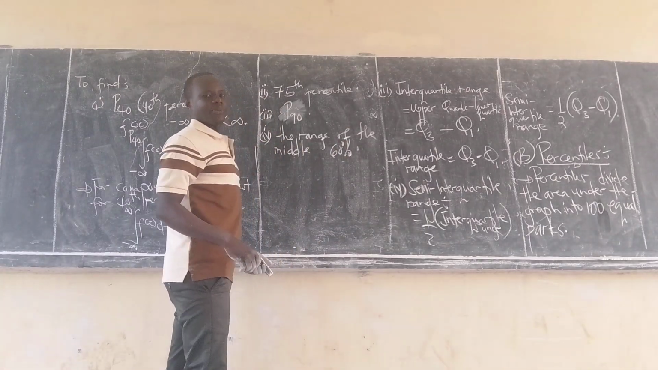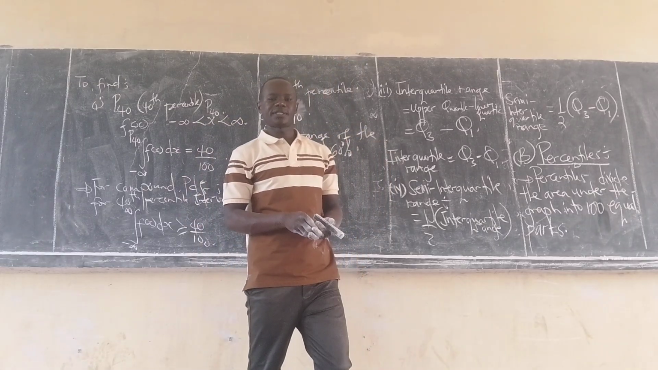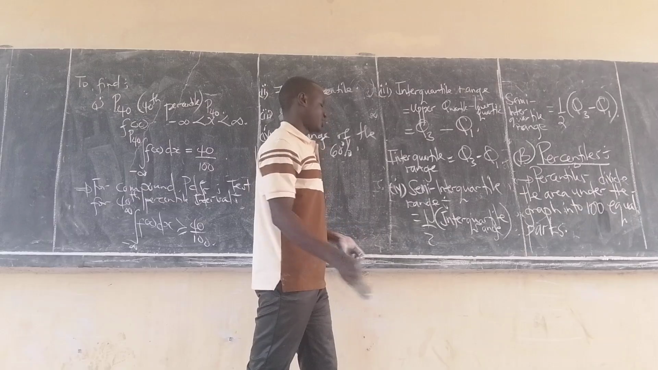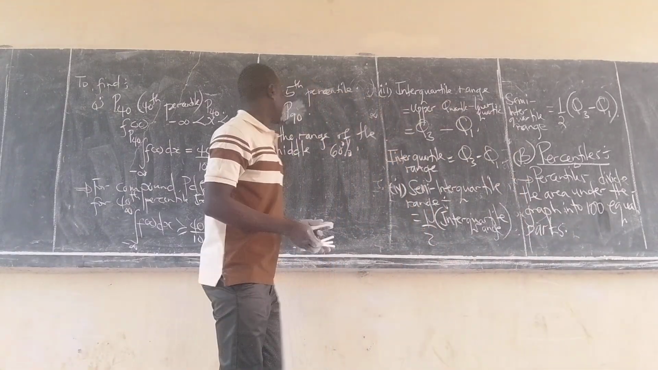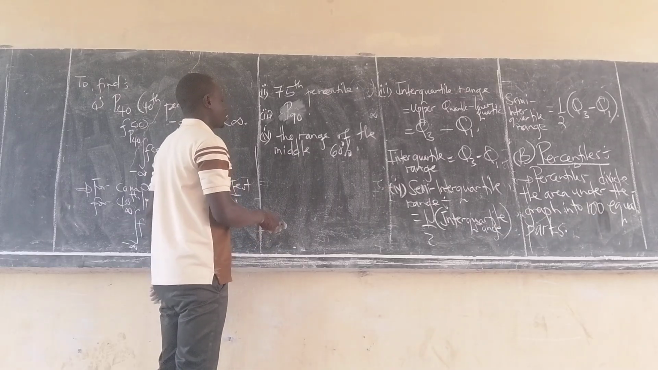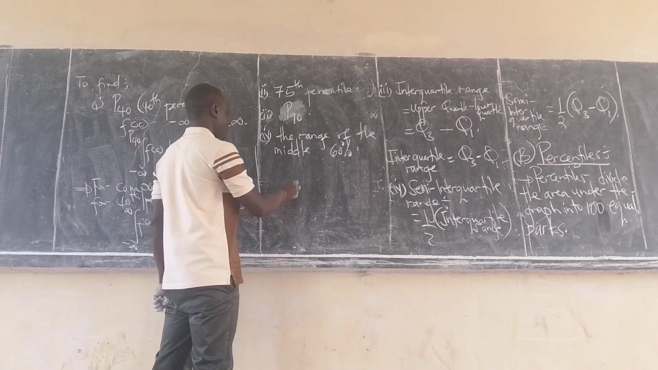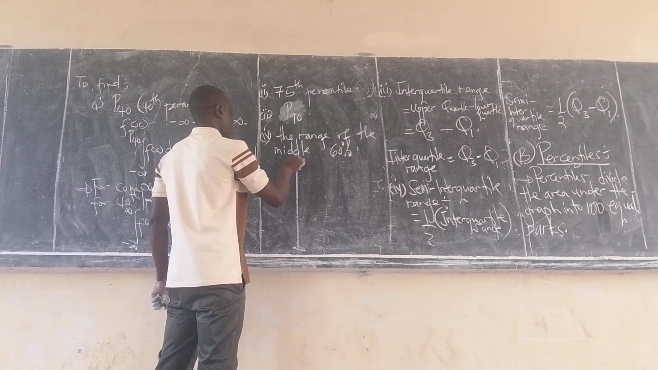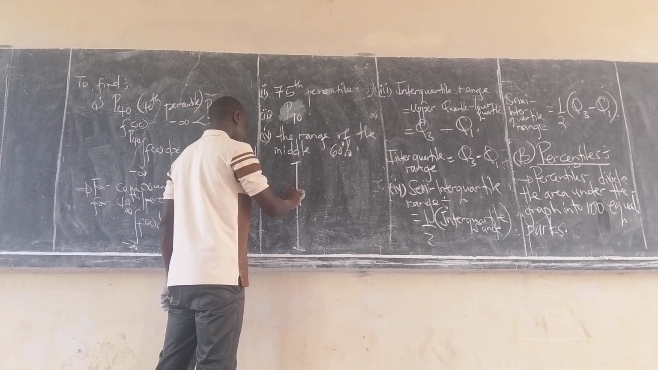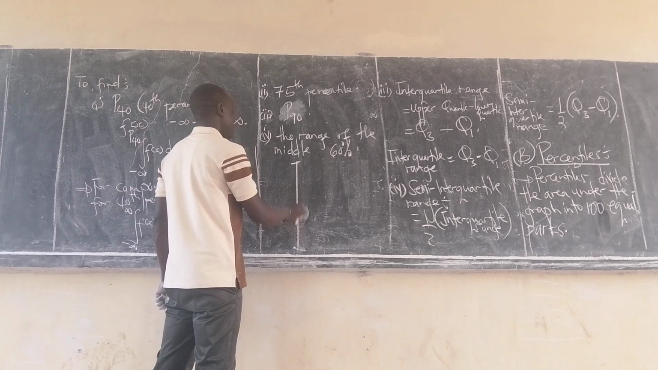So if they want the range of the middle 60%, it means you must take the difference of some two values which you are supposed to find separately. So if the question calls for the range of the middle 60%, we assume if this is our random variable which is defined and this is its f of x axis,